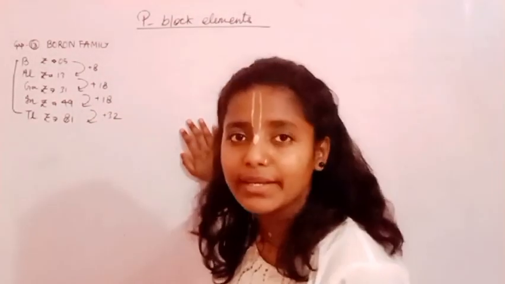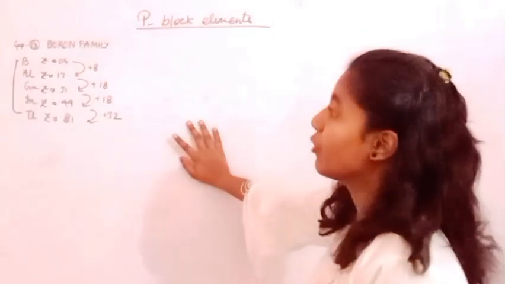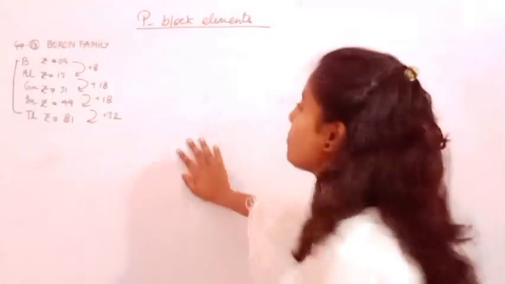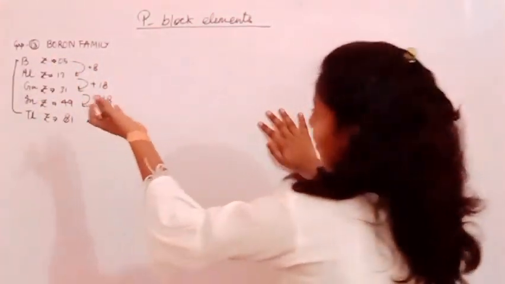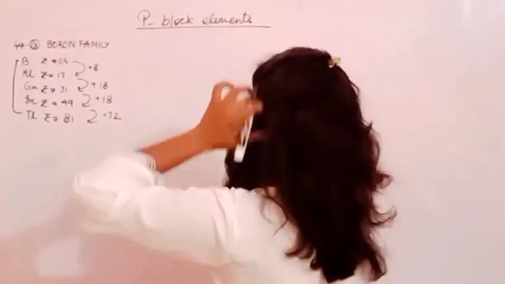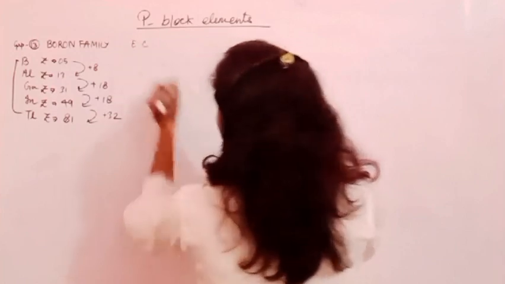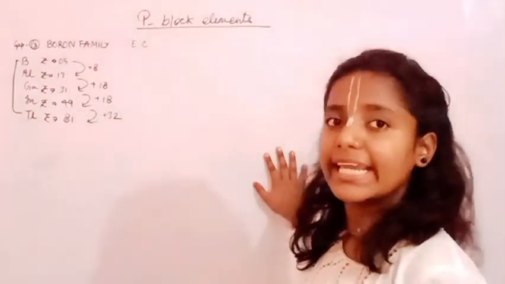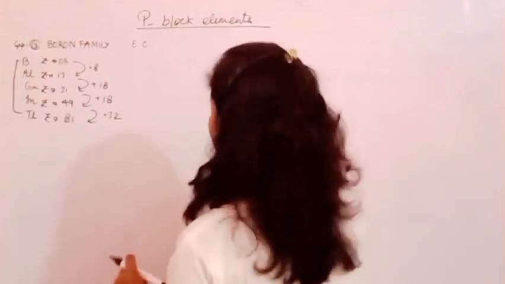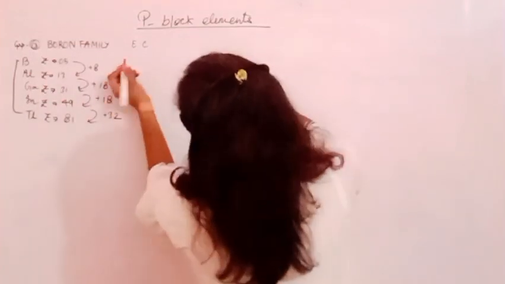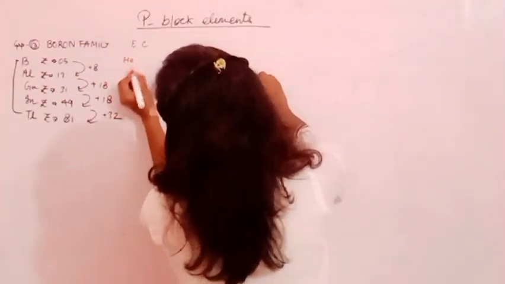These are the atomic numbers for all the elements of group number 13, the boron family. It is easy to write the atomic numbers for all the elements. Talking about the electronic configuration, which I am going to denote by EC, and how to write it, again I am going to take the help of the noble gases, which start with helium, neon,